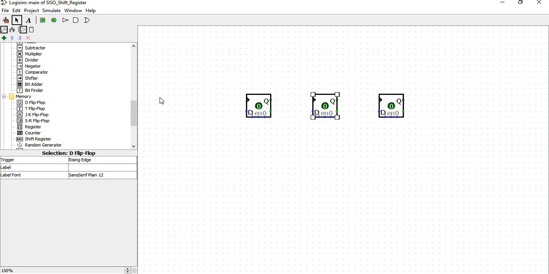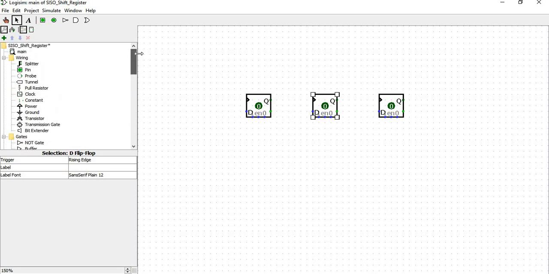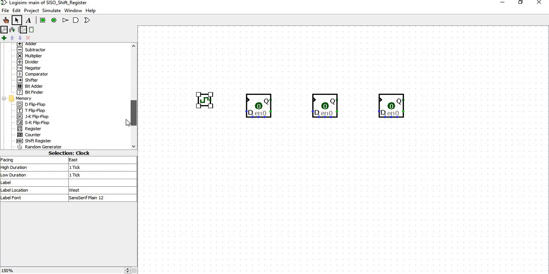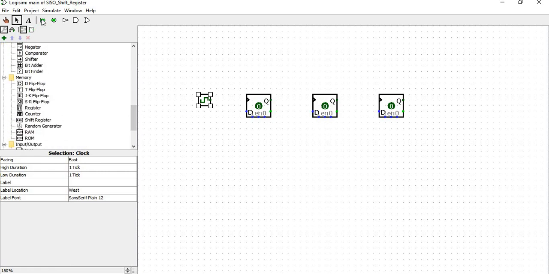Next I am going to choose the clock. So where is the clock? In wiring. Yeah, so this is the clock. I will be using the clock. Next I need to pass on the input, so I will take it from here. Here you can see add pin.